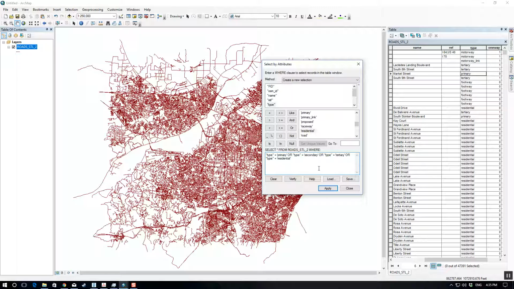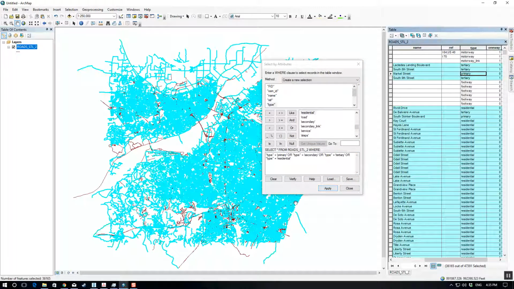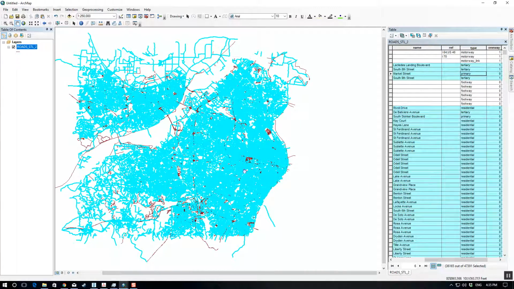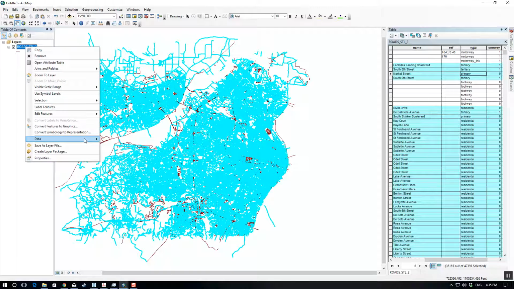These road types here are basically good enough to do the analysis that we need. We can always add the other ones as well, but again, we're only focusing on the roads that humans actually walk on. So with that selected, what we want to do is right click this, export data,